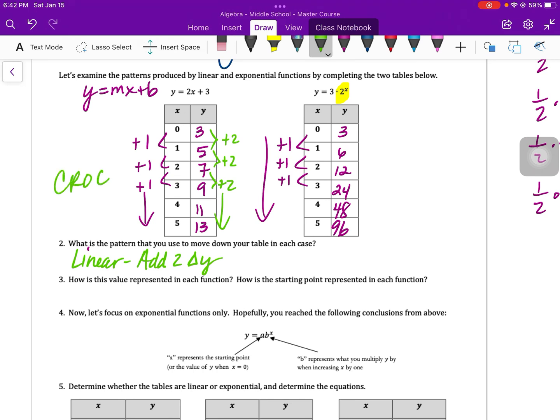And remember, we already know that this is a linear function because of its equation. We also already know that linear functions have a constant rate of change. What we want to look at is how do we know if something is an exponential function? So look at our pattern here. This time, instead of adding each time, whoops, I wrote add, but that's not what we're doing. We're multiplying by 2. Okay, so linear functions have a change of addition each time. Exponential functions